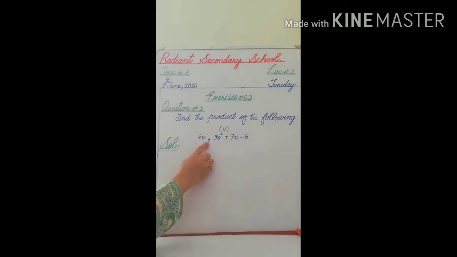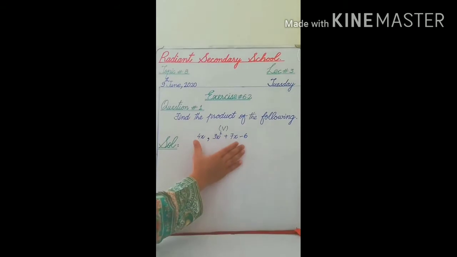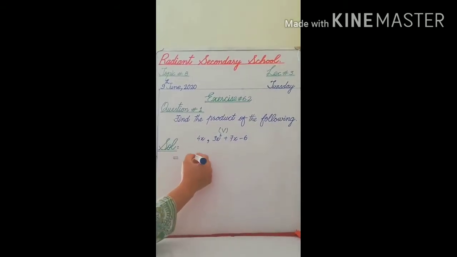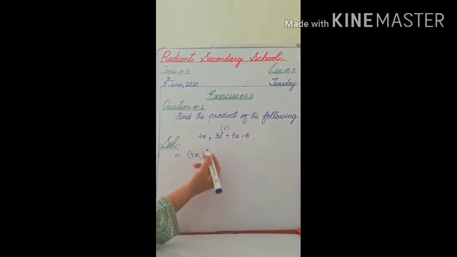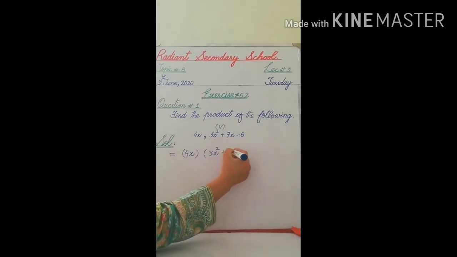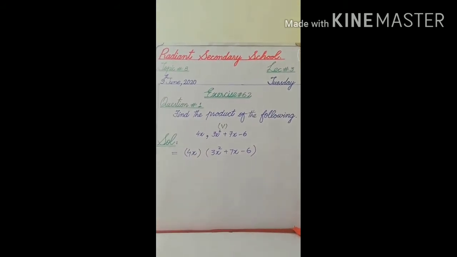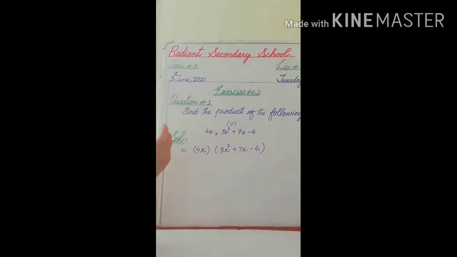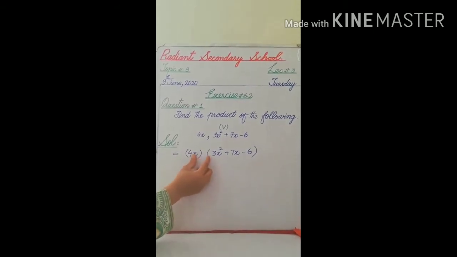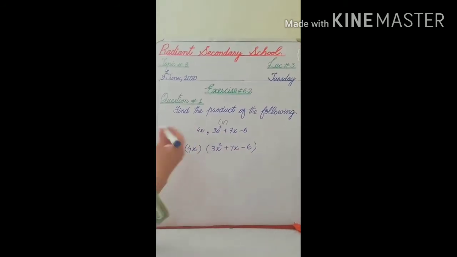Okay, secondly you should know about this comma. Comma means we have to put a multiply sign between both polynomials. Okay, on the first step we will write 4x in brackets, and the trinomial will again be in brackets like this. Now what does it mean? Firstly you should know very well, the multiply sign comes between 2 brackets. It means we have to multiply this monomial with this trinomial.